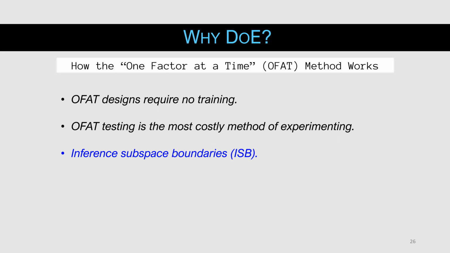The DOE literature generally describes why OFAT experimentation is inefficient and costly. As a general approach, this is true. However, I want to mention where OFAT testing is sometimes a good choice. Where OFATs can help is when there are inference subspace boundaries, or ISBs. Now, that sounds like a complicated term, but these are simply sharp changes in a response, and this is an ISB. So OFATs can be very useful to get a preliminary lay of the land before we start DOE